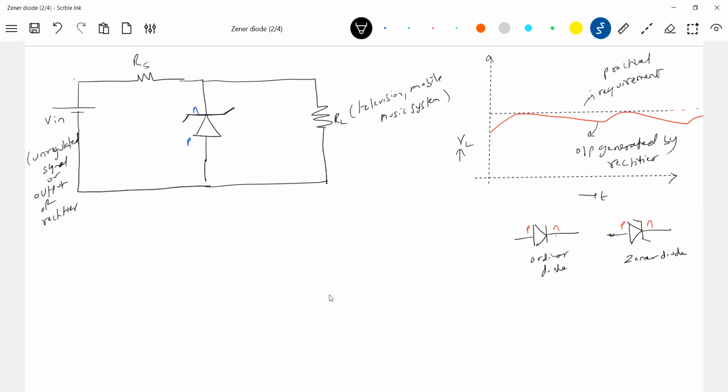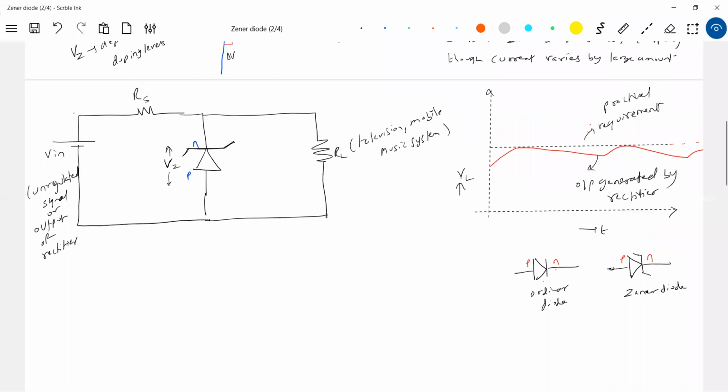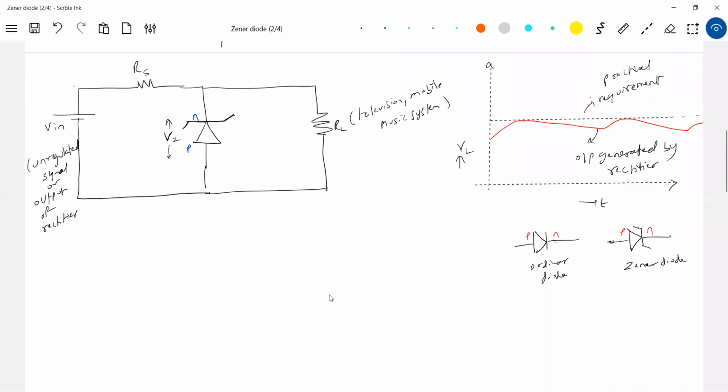Let's come. Some resistance I'm bringing to protect the Zener diode from exceeding voltages. This is one series resistor, RS. This RL will have VZ, the drop, because it is operated at breakdown. What about RZ? For the time being, let's neglect it. RZ is very small. We're discussing an ideal case. How will it regulate things? So what happens to this Vin? Definitely it will fluctuate. It will never be constant. It will be constantly fluctuating.